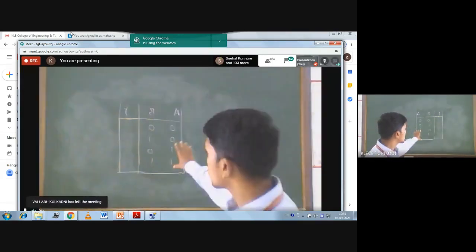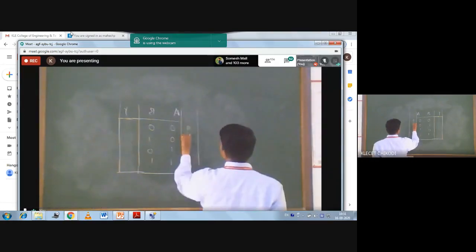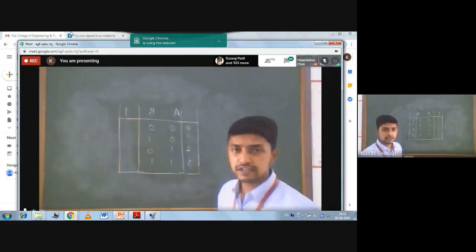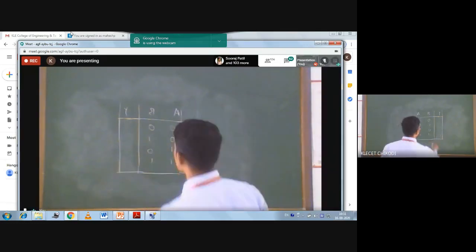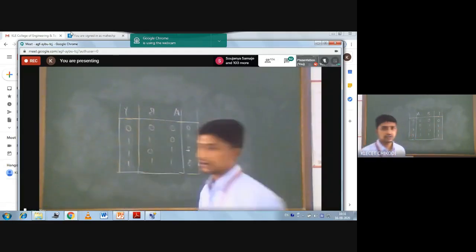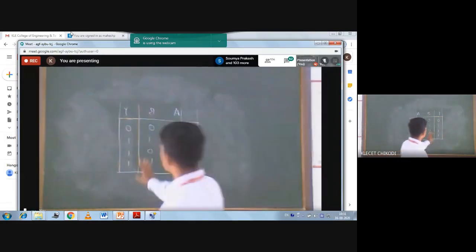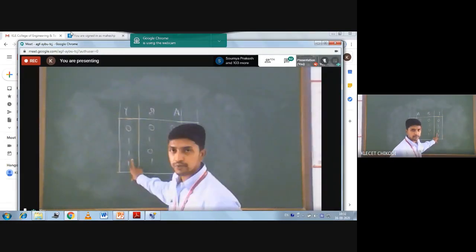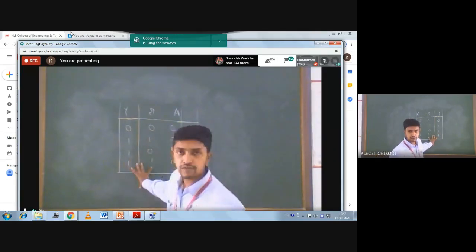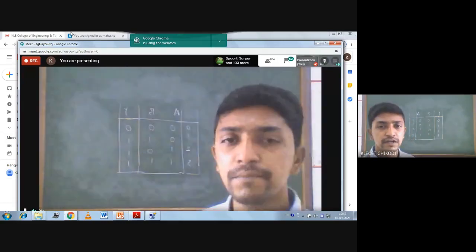So for the given truth table, these are the decimal equivalent numbers 0, 1, 2, 3. So in the problem statement itself, I will give the truth table. So what I will do here, 0, 1, 1, 1. I will give. Now you have the input variables, you have the output variable, you have the decimal equivalent numbers. Now draw the K-map for this and tell me the reduced Boolean expression using K-map method.